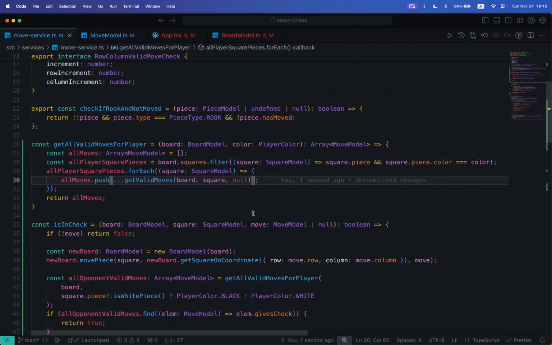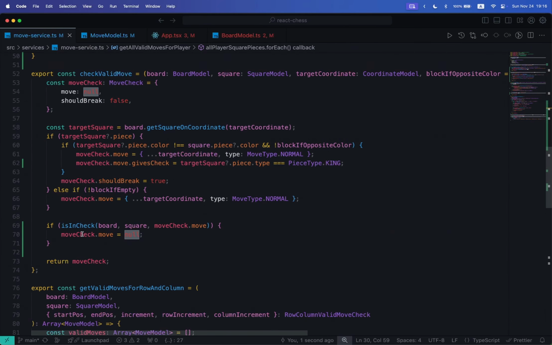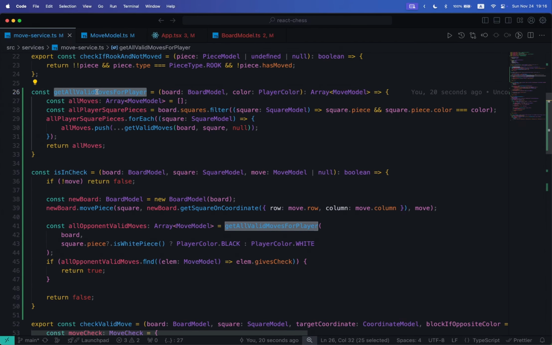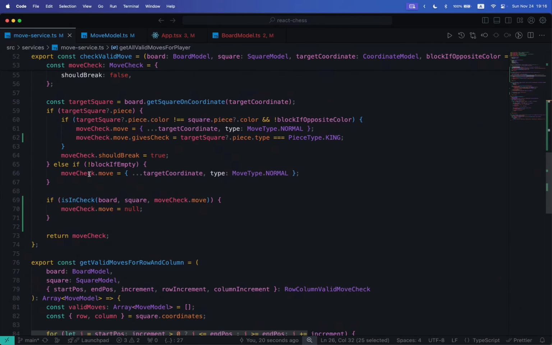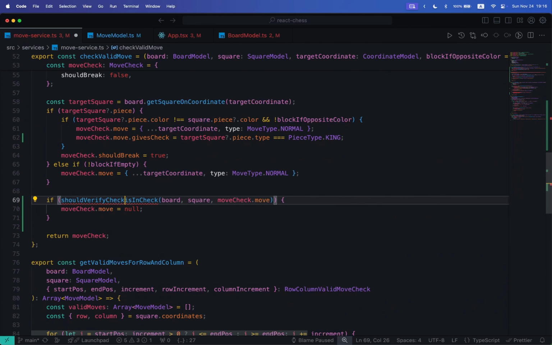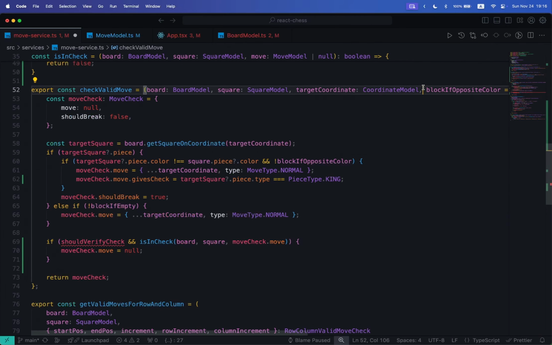Technically, what we need to do here to prevent this infinite loop is to have our is in check only be verified in the first round, the first time that we execute this function, the check valid move, not for when we are checking the moves of the opposite player, for the opponent. So it would be as simple as verifying, like, should verify check, like so. And now this would become then another,